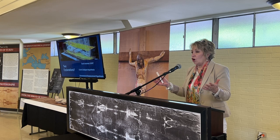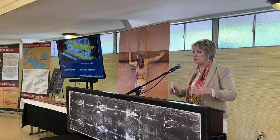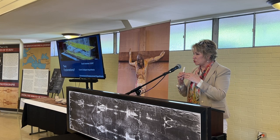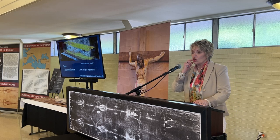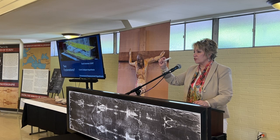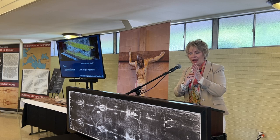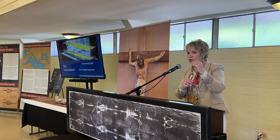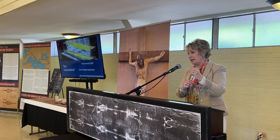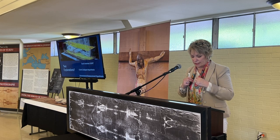That explains all 17 of those image characteristics, by the way. It explains why you don't see the side of the body. It explains why the top of the head seems to be connected. The light intensity, he says, caused the very top fibrils of the linen to dehydrate. In other words, the contact of the light with those top fibrils causes a chemical change in them that retains all of the information about the body, including all of the complexity of every single wound